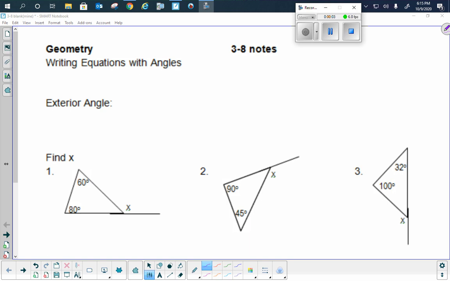So in 3/8 notes, we're going to be writing equations with angles. So we need to talk about an exterior angle first. So let's go ahead and write this definition. I want to be able to maybe draw a couple of pictures above it, so leave yourself a little bit of room. But an exterior angle by definition is an angle between